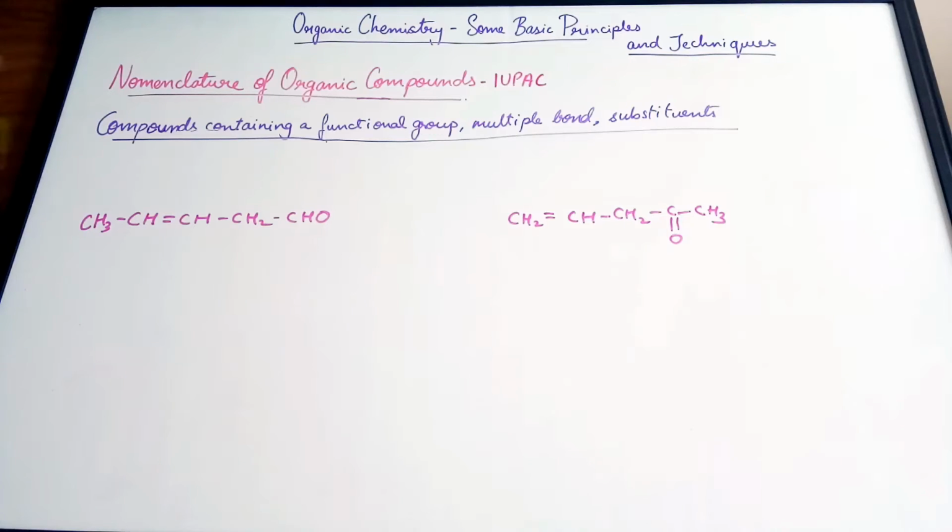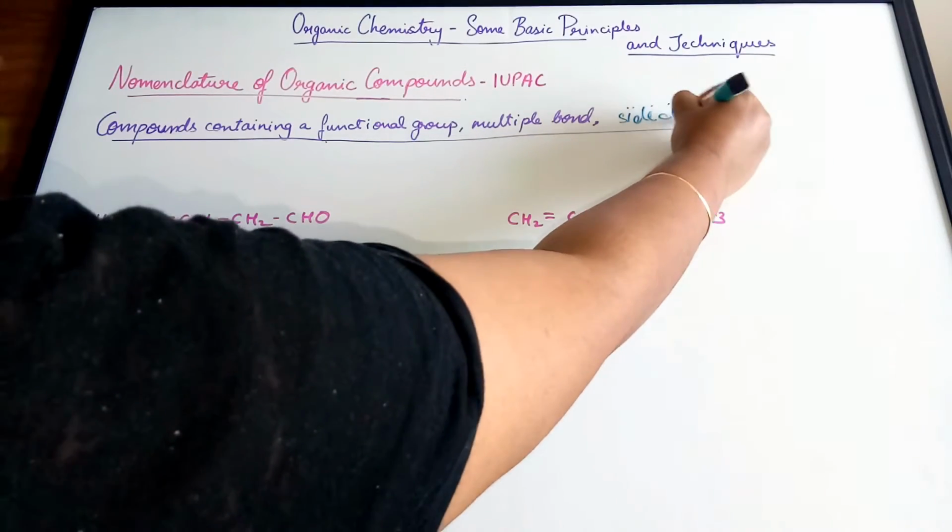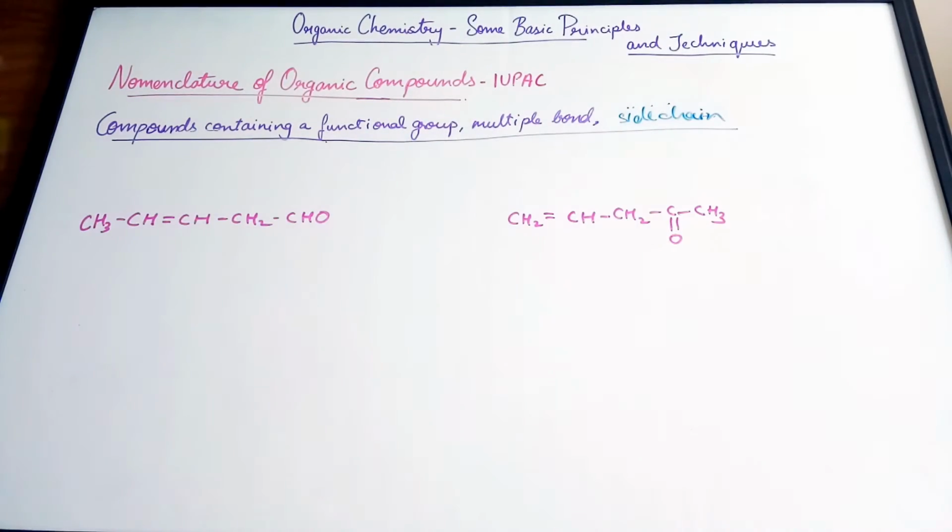In the previous video, we discussed how to name a compound that consists of one functional group. In this video, we are going to be talking about a compound that has a functional group, a multiple bond, and substituents, or rather, let me call it a side chain. So what would we do if a compound has a functional group, a multiple bond, as well as a side